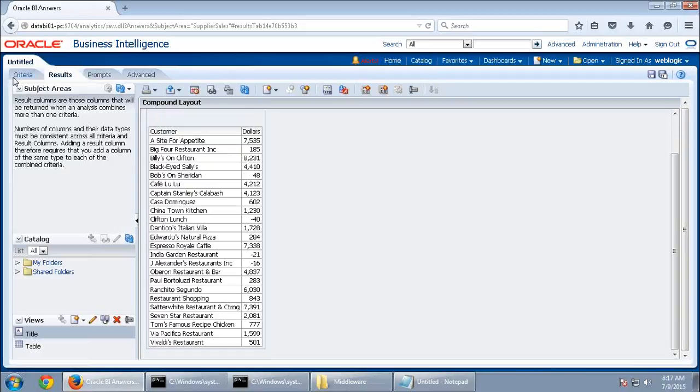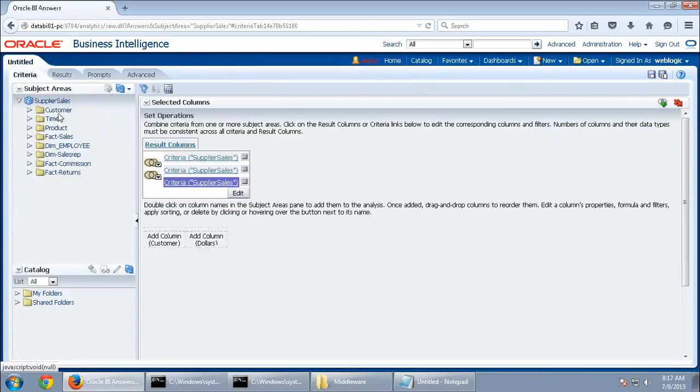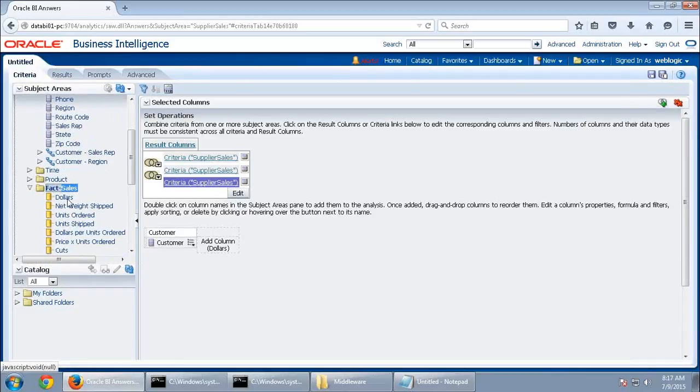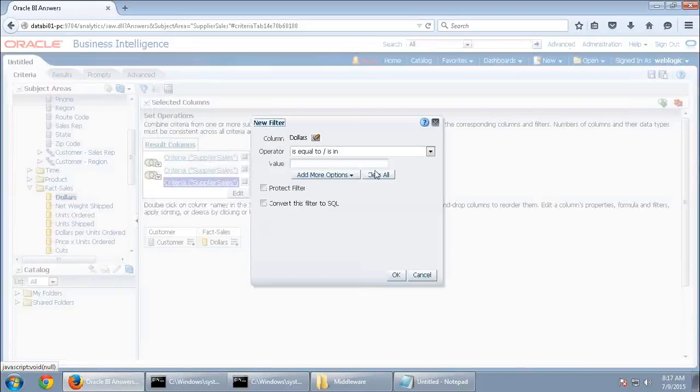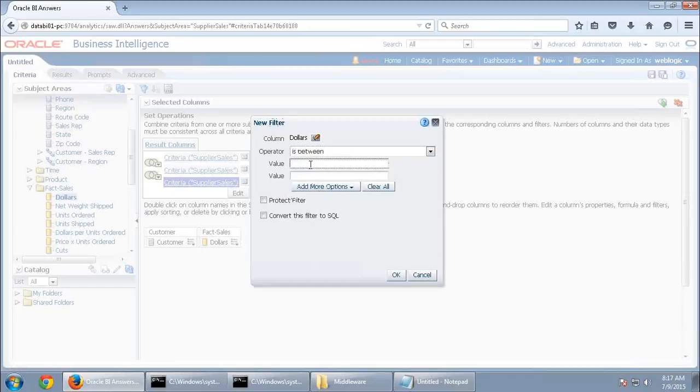Okay. Now go to criteria. Make one more set operator on supplier sales. Go to customer, fact sales, dollars. Make one more criteria, dollars, filter is between 9,000, or you can take 8,000 and 10,000.